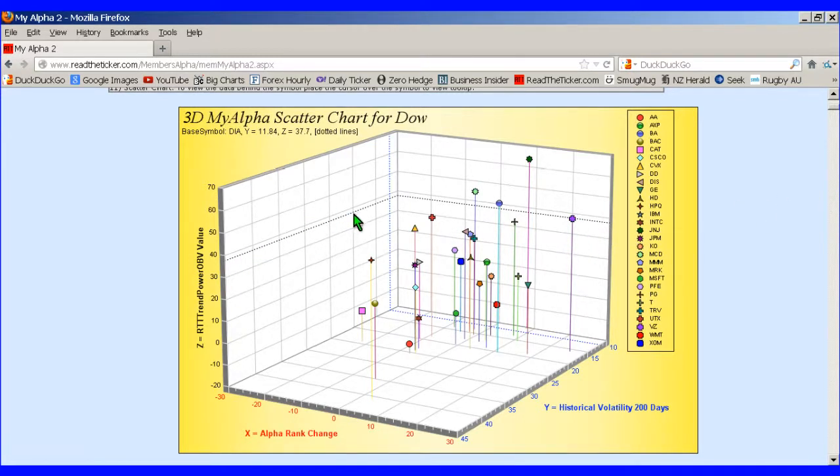So therefore the dotted line also represents the index performance. The base symbol is, for example, MCD divided by DIA. For example, DIA here, the base symbol. So the dotted line is the base symbol. So if we wanted stocks that are outperforming the base symbol, in this case DIA, we want them to have them above the line. It takes a while to learn all this, but as you trial and error, you do pick it up,